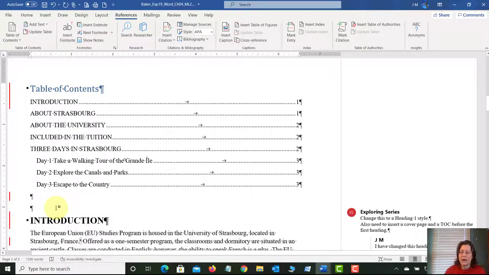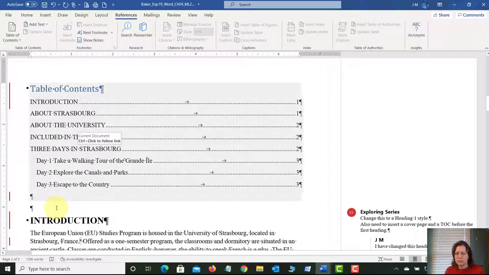Now, the instructions did say to insert this as page 2, not at the top of page 2. And I would infer from that you would want table of contents to be its own page. And if I think about that for a minute, that's how books are, right? If you go grab one of your textbooks and you open it, it begins with a table of contents, and then the contents begin. It's not combined as one page. So I think what I'm going to do is